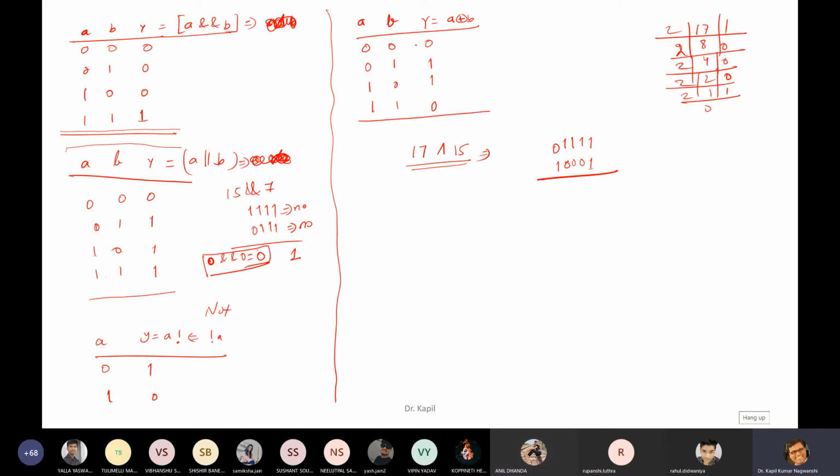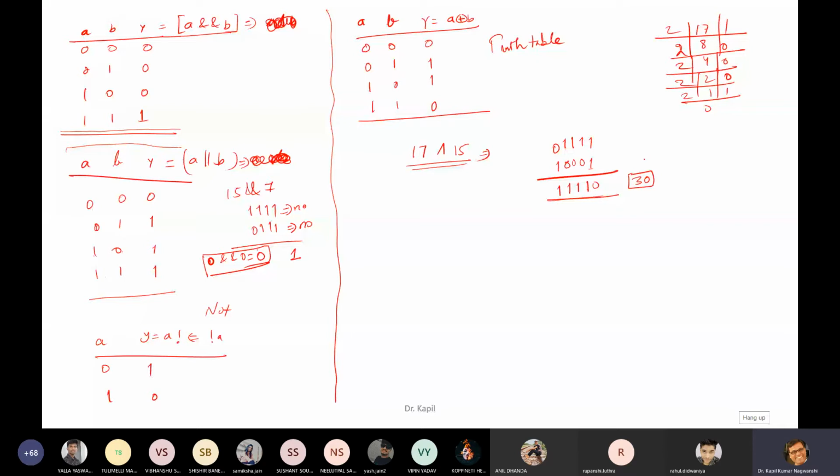Now, based on this truth table, this is known as a truth table, just calculate the value. What is the value of 1 and 1? 0. 1 0 1 1 0 1 and 1 0 1 and this 0 1 is 1. What is the answer? Answer is 30. Yes or no?